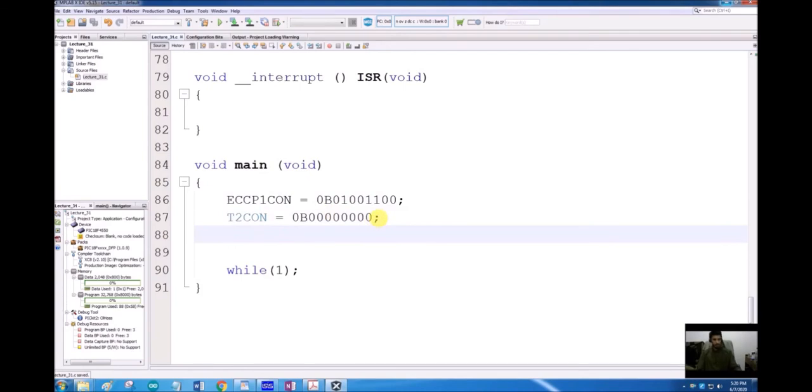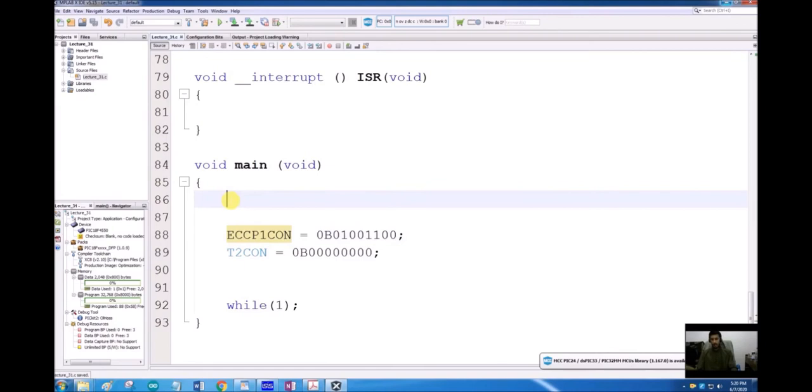Then what else do we want? Make all those 4 pins as output. So what are those 4 pins? Let me tell you that 3 of those pins are RD5, 6 and 7, and the one pin associated with this ECCP module is the same, RC2.